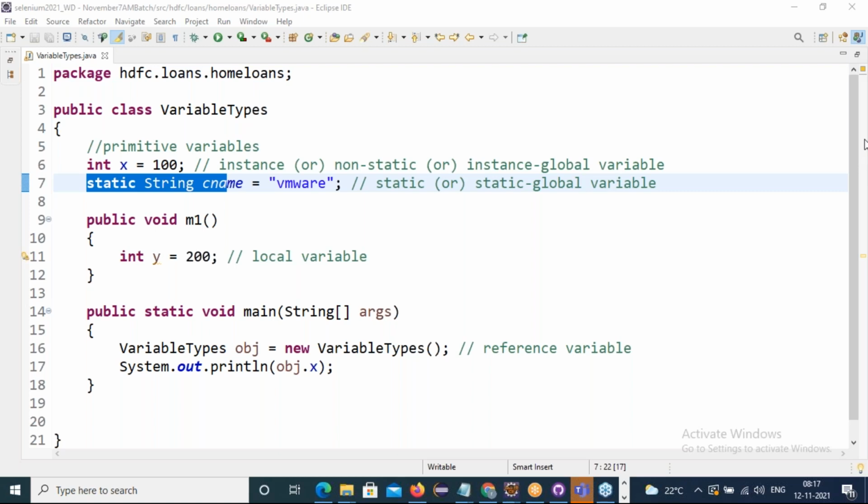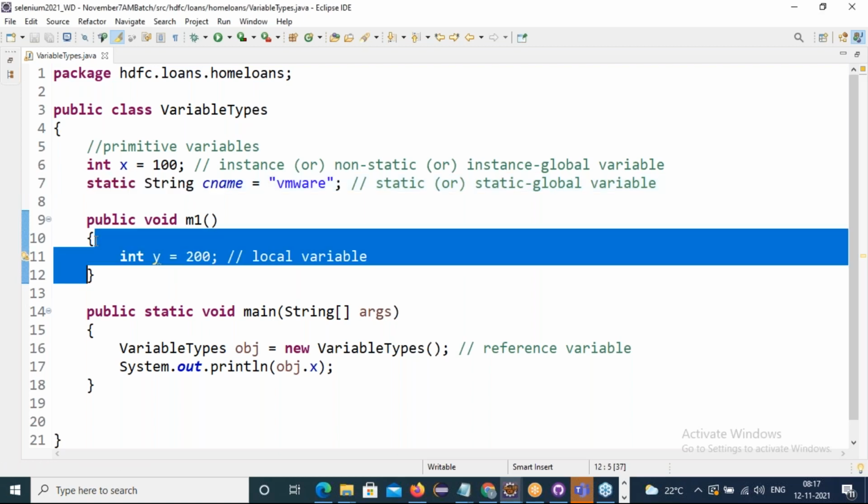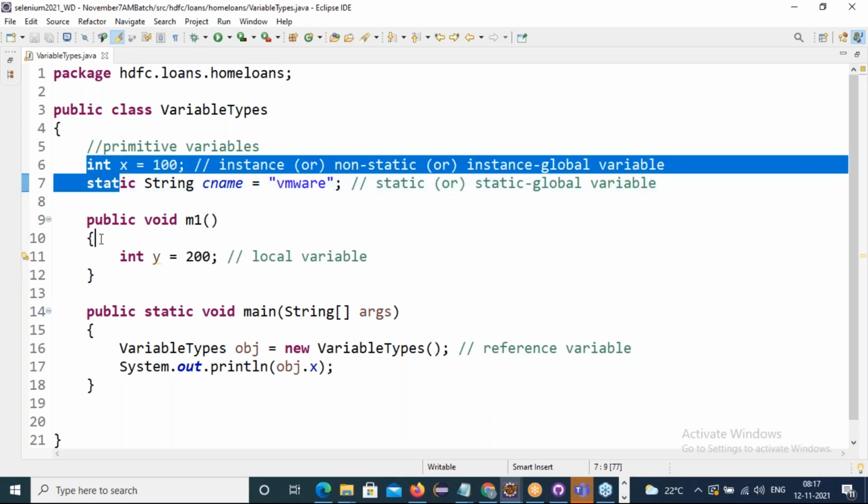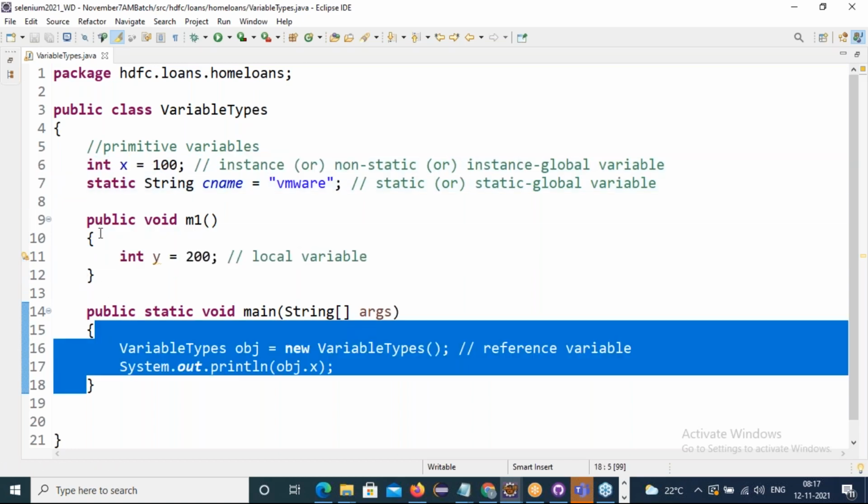Understanding or not? Coming to local variables, they can be accessed only within that premises. This is a local variable, so we can access it only within this method. But instance and static variables, we can access here, here, anywhere in the program.